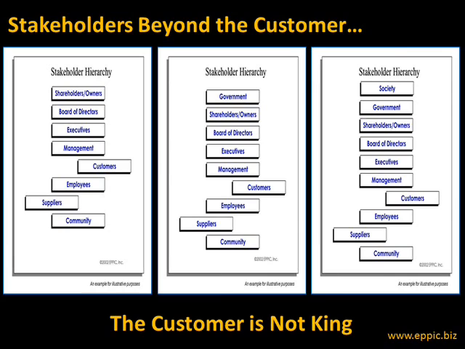Your stakeholder hierarchy might be somewhat different from any of these three examples. You must understand the stakeholders for your enterprise and/or for the process that you're focused on, whether that's for process performance improvement efforts or instructional design efforts. You must understand all of the stakeholders and all of their requirements for both the process itself and the products produced. The customer is not king, despite the slogans and posters on the wall.